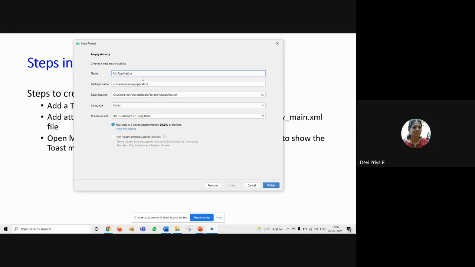And the first step, you have to give a name for your application. I hope this is already covered in your previous session, but I'll create a new one. So I'm creating sample 1. And here you have to choose the language as Kotlin. By default, I have already set it, so it is Kotlin. If it is Java, you just change it to Kotlin. And next, click finish.